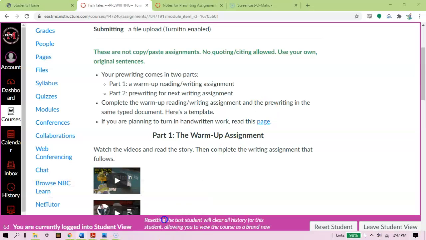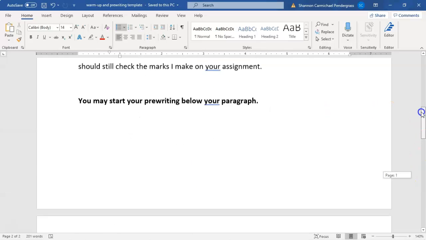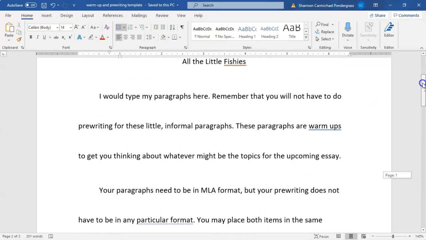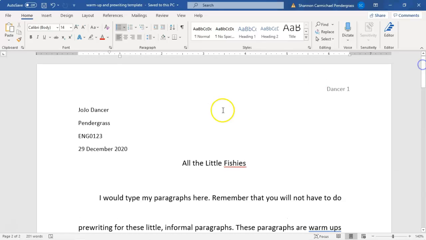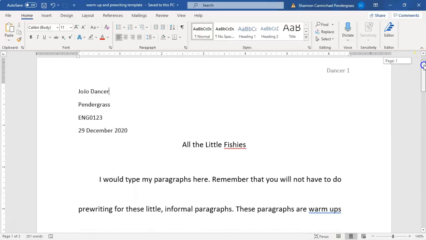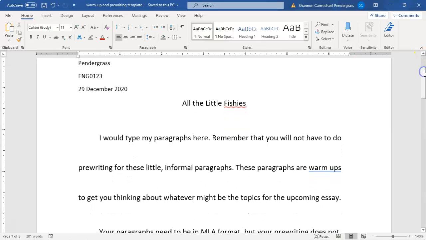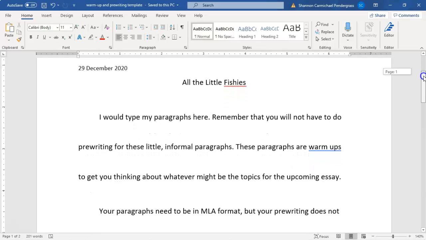So let's see if we can find it here. Alright, so I made a little template for you. I don't really care if this is triple spaced and 14-point font, so that's why it looks a little different from my body. There's your page number up there, so all you would have to do is download this, change my information to your information, and you'll have a setup that's acceptable unless you want to do your own thing.